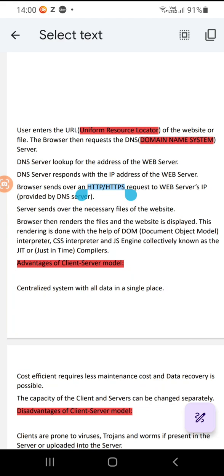Every URL starts with a protocol. There are two protocols according to web communication. The first one is HTTP, the second one is HTTPS. So what is a domain? A domain is a four-part decimal number separated with dots, called an IP address. So domain name is